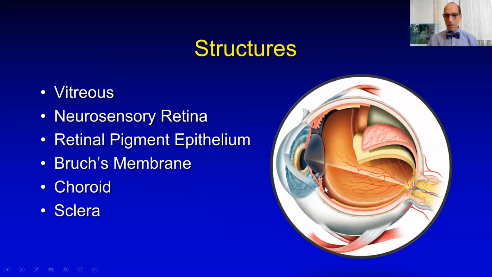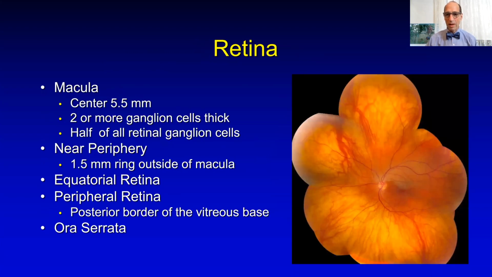Here we go. The structures we're going to cover in the anatomy, the structures in the textbook, are vitreous, neurosensory retina, RPE, Bruch's membrane, choroid, and sclera, kind of going front to back. I took out the vitreous for this lecture just to make it shorter, and also the sclera. There's all these goofy eponyms in the vitreous you have to learn. You just memorize those. When you look at the retina, we divide it regionally when you're looking straight at it